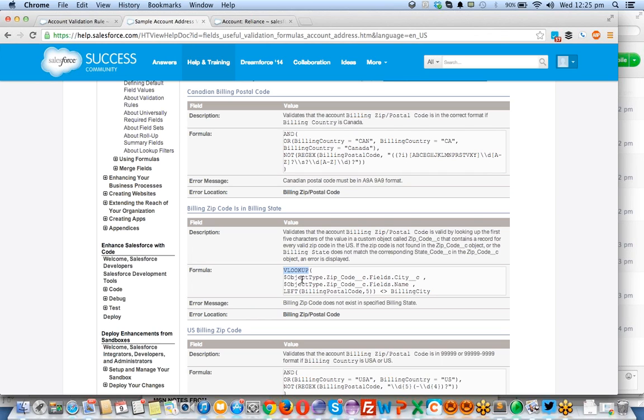Generic systems do not validate this because we are not doing that much validation on simply entering data, right? If you want that type of validation, you first create the master data in a separate object saying this zip code is contained in this state. You reference this object whenever you save the data. The validation rules will verify against this object and check whether this zip code belongs to this state or not. If it does not, it will throw an error saying, "Hey, this zip code is wrong." Right?